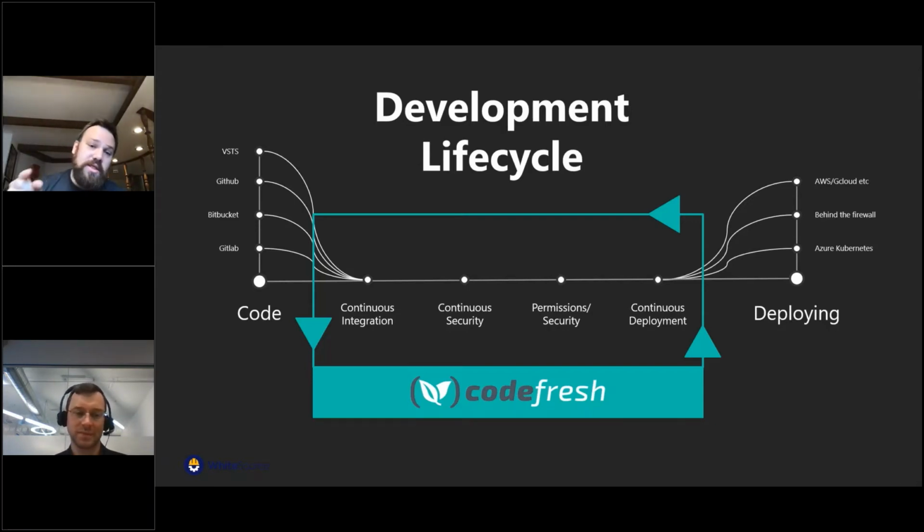And so within the development lifecycle, it's the loop, right? I make a code change and there's a whole bunch of stuff that has to happen, and it's going to end up getting deployed somewhere at the end. Everything in the middle is CI/CD, and this is where continuous security becomes really valuable. To give you a scenario, and this is what we're going to go through in the demo, I'm happily working along on a feature. I'm making changes and pushing them up, and as soon as I check those in, they go into my